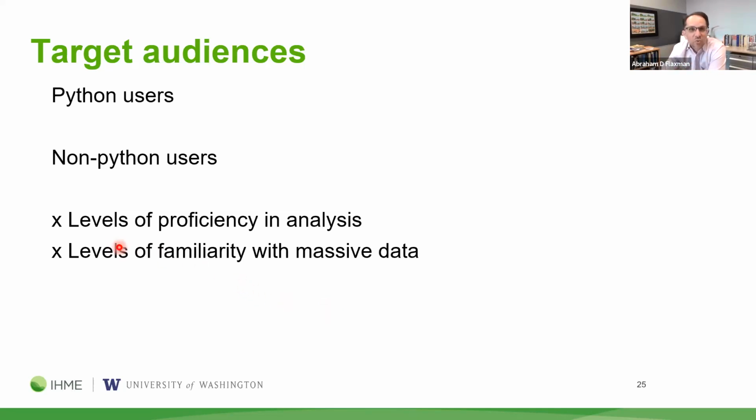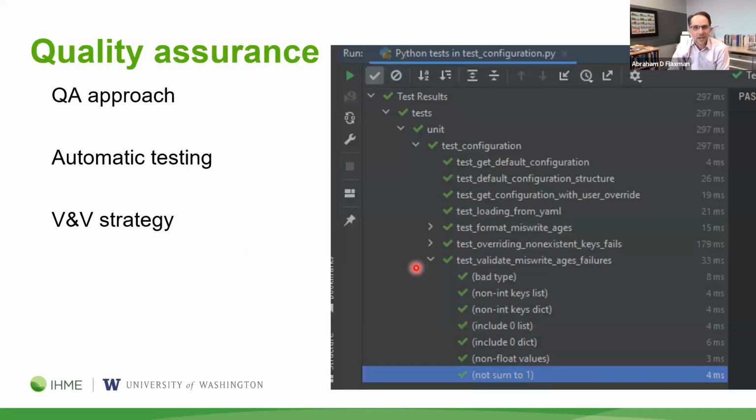And I expect there to be a range of both levels of proficiency in analysis and levels of familiarity with using this kind of large-scale data among the people who want to use it. And so this is coming up in particular in designing some of the more helpful API around, like, what if you wanted to load this in a distributed compute environment? How do people want to do that? What sort of affordances should we provide to help them?